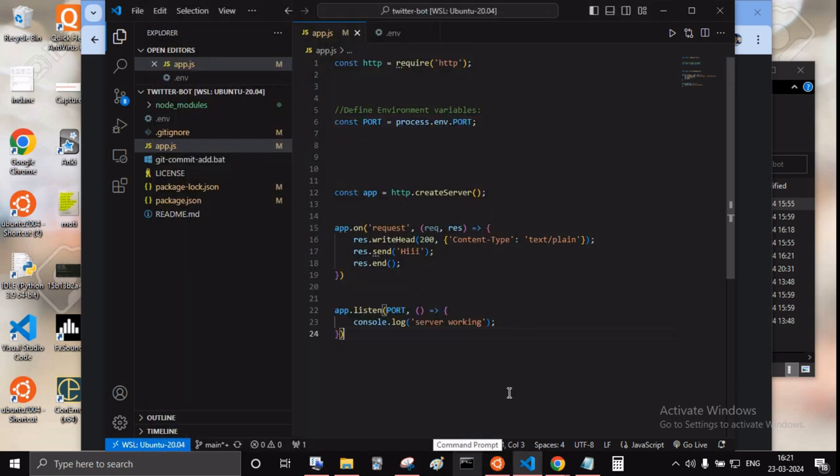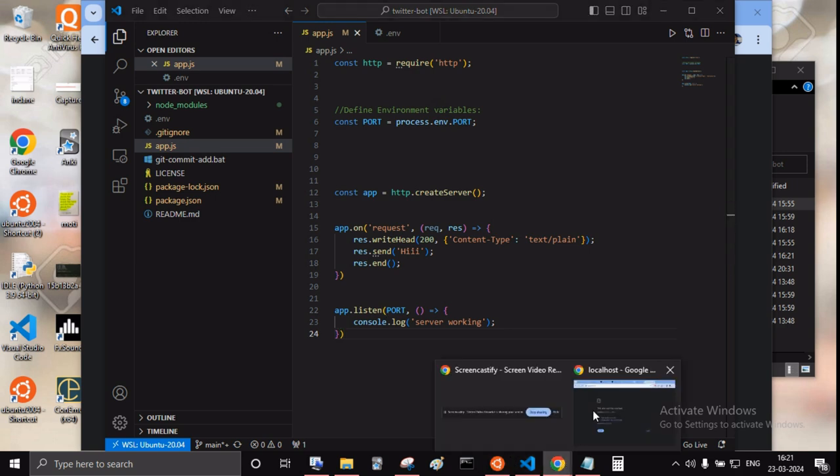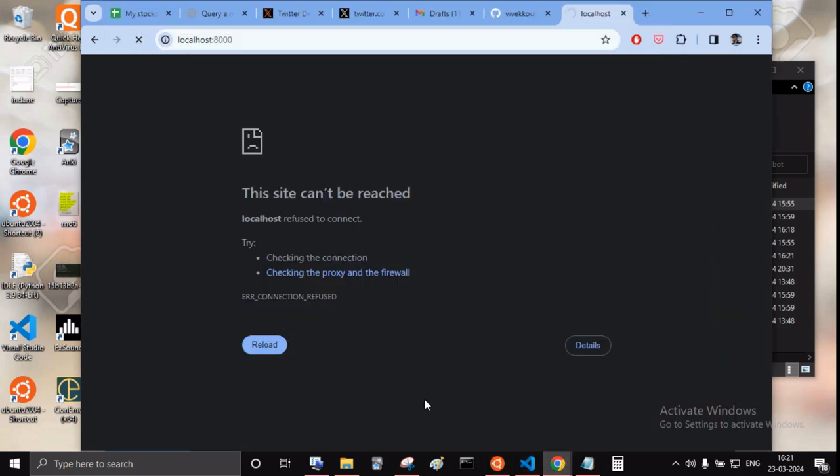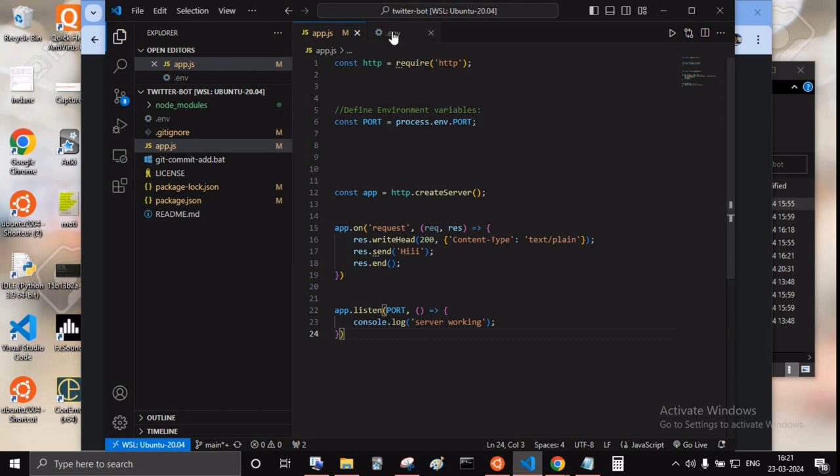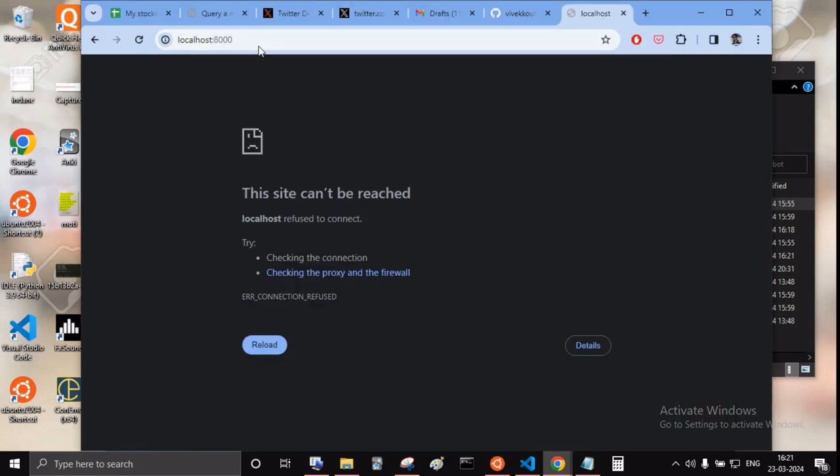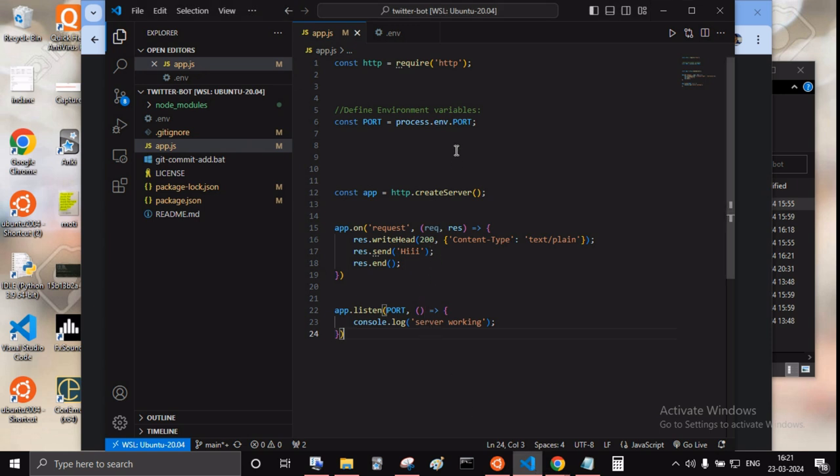So we're working. Our server is on port 8000. No, it's not working. Okay, some issue. I have to learn this thing. But before that, let's check what is this value. What is it? This value